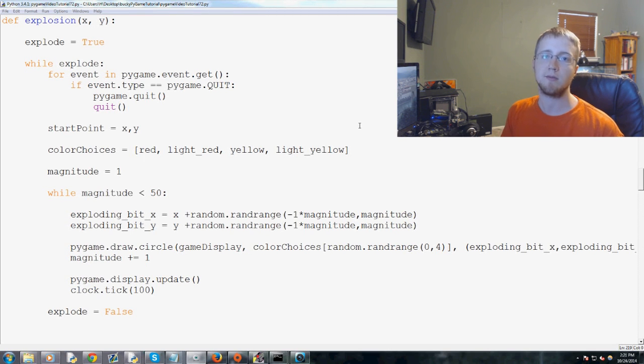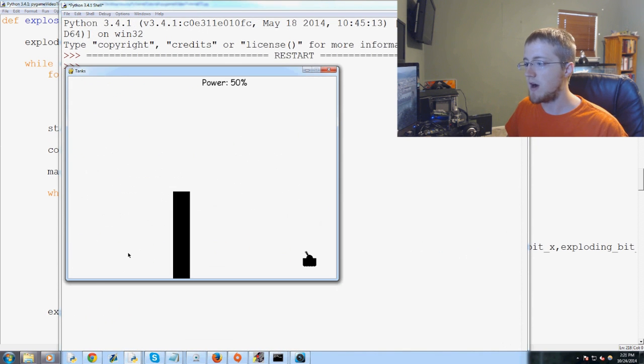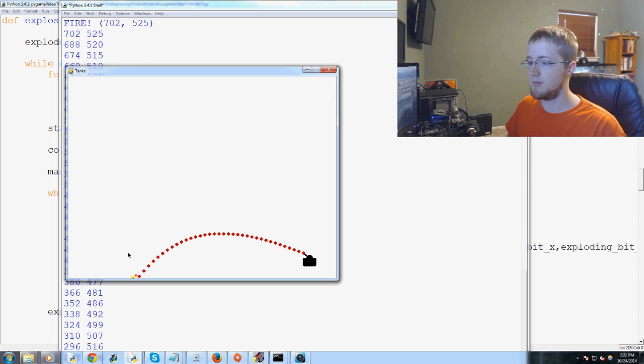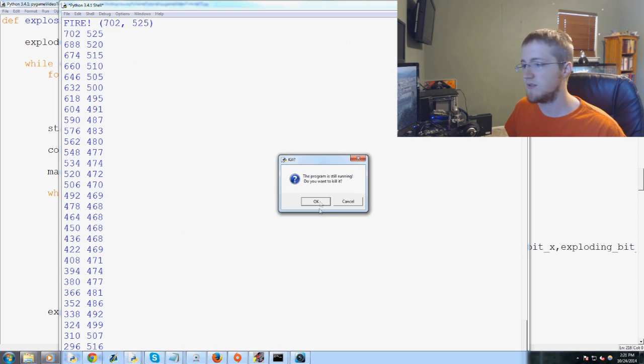In this video we're going to be doing some quick housekeeping, and then we're going to actually have our shell register a hit against the barrier. So if we run this really quick, we see first of all when we fire the shell the barrier just disappears, but also if we actually hit the barrier with the shell, nothing happens. So what's the point of the barrier? We're going to fix that, get this to actually appear on the screen, as well as fix the magnitude